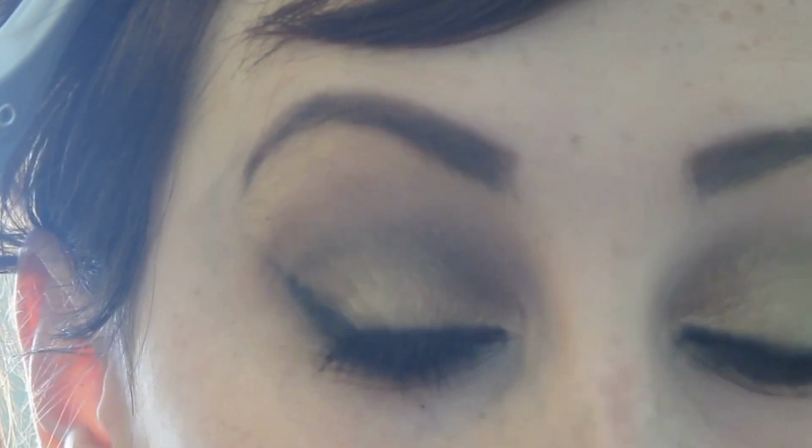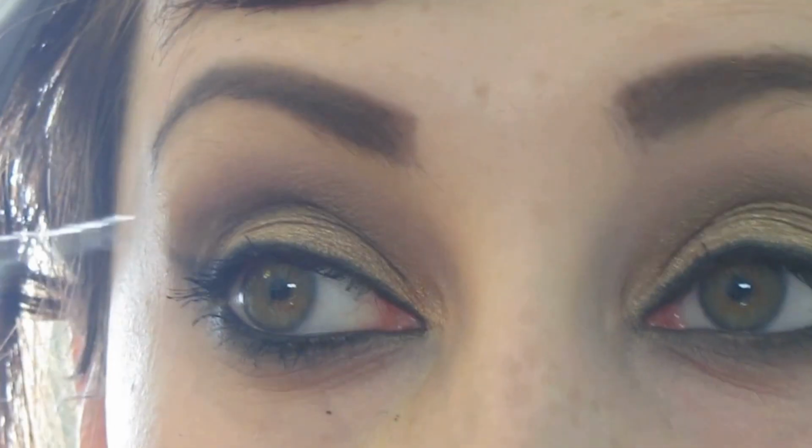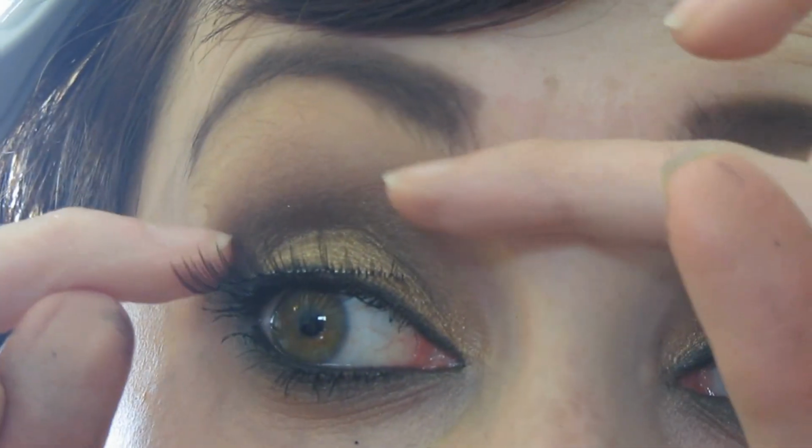So now I'm going to attempt eyelashes. I've never attempted eyelashes in front of you guys before, but I'm going to give it a go. The eyelashes I've got are Revlon eyelashes, which I got from Asda. So with a tweezers, I'm just going to test the size of my eye. So just placing it on top